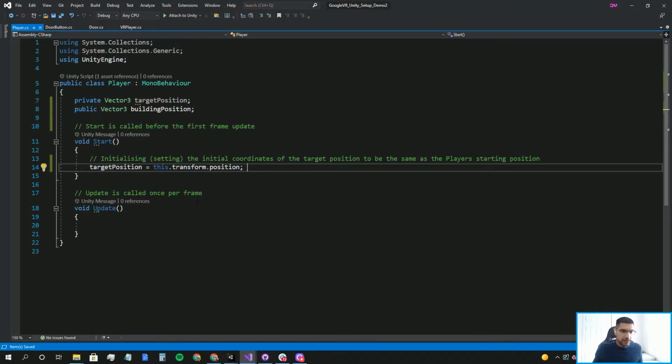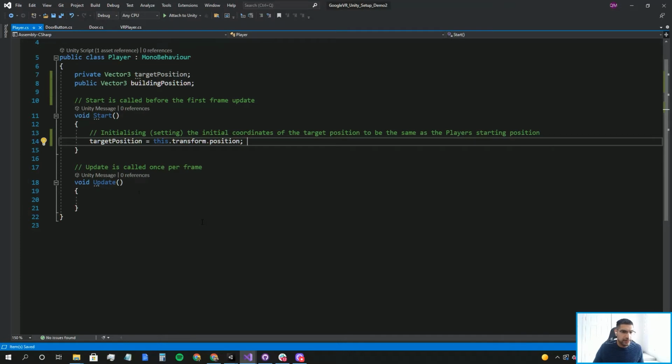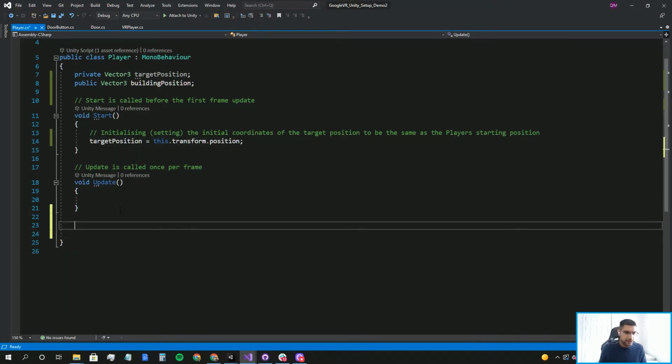And then what we want to do is we're going to make a new method. So we'll call it a public void. That way other scripts can access this, and yeah, we'll call it in from the VR player script, because that has the if statement of when you hit the Google Cardboard, the VR headset's button, and then it does the raycast, so we'll call it in from there. So entered building,